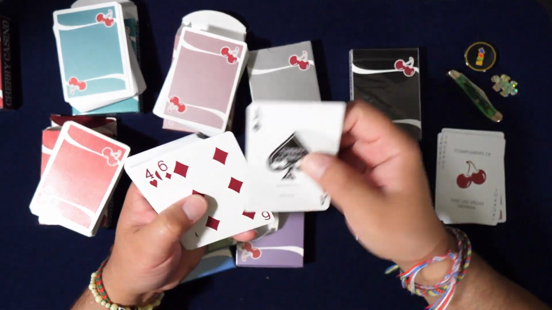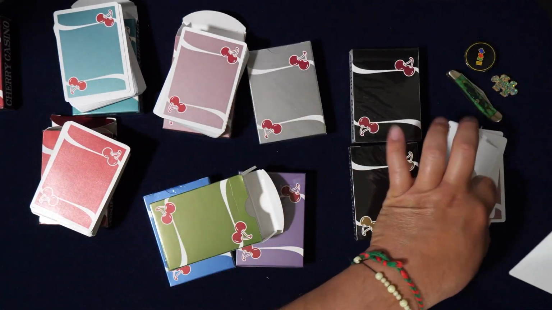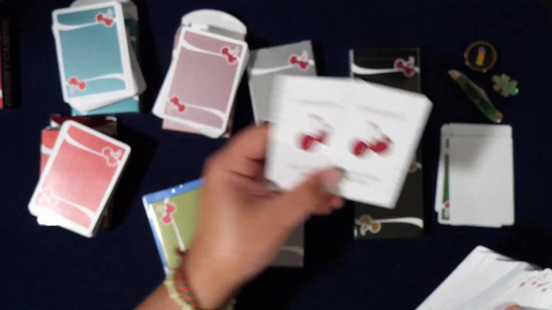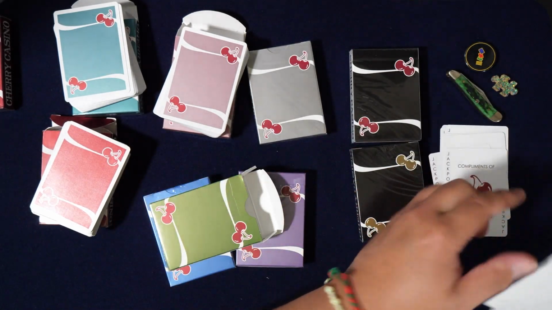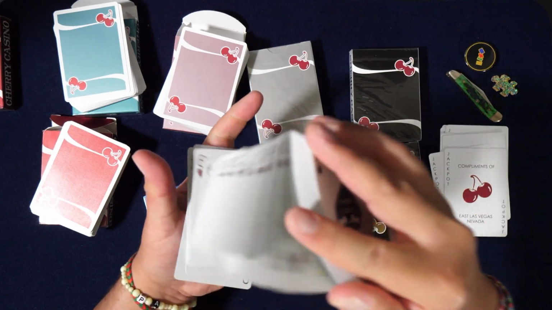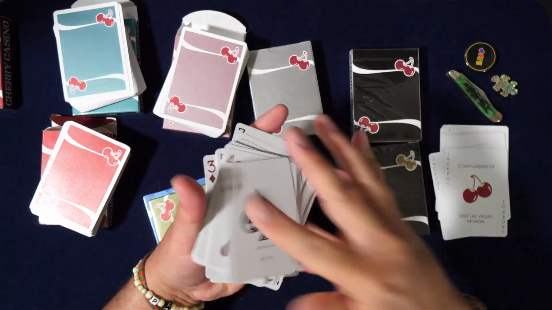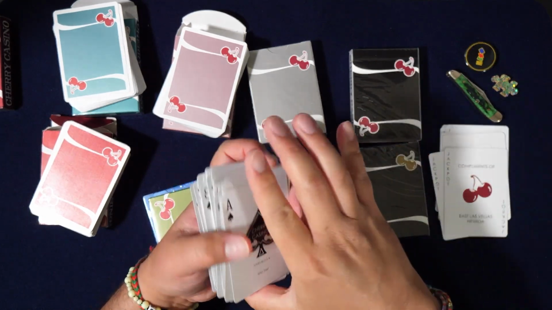The idea is that it's a casino. They don't do the casino map. There's another one that has like a casino map. Same jokers. And these feel actually a little bit lighter. Wow. These actually feel more like standard. So that's the thing. Like the stock